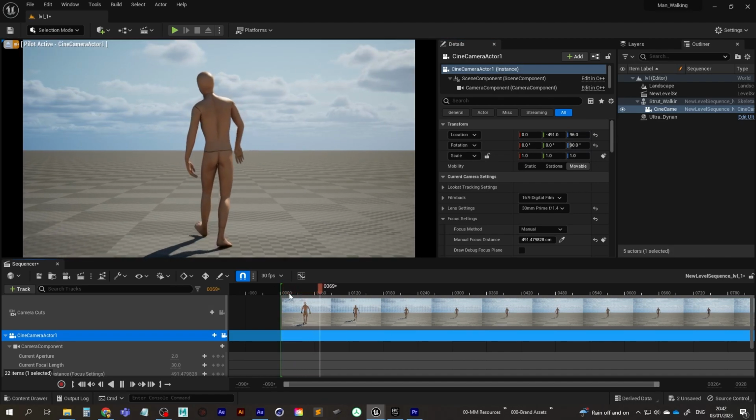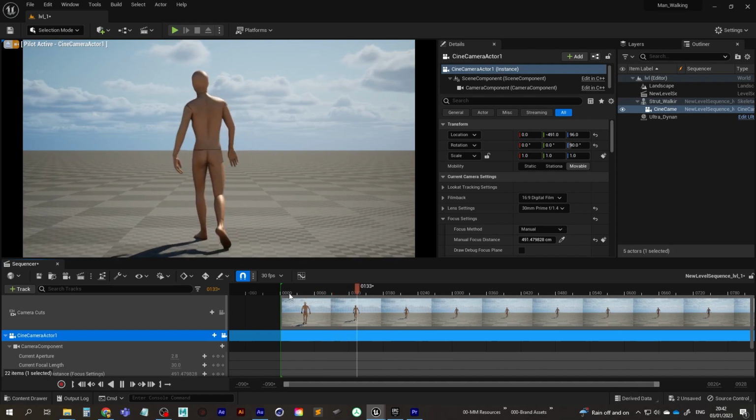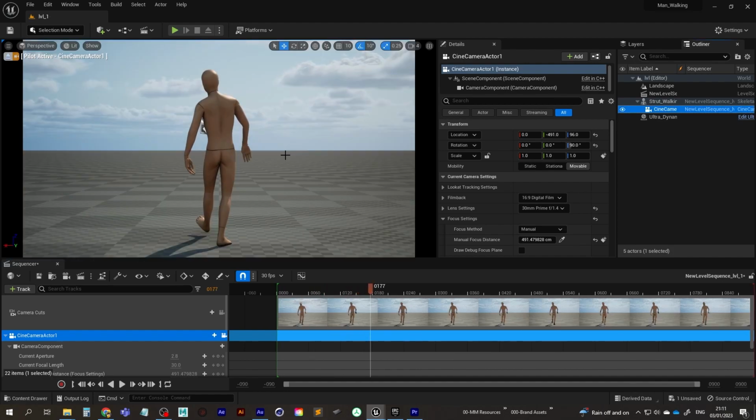And now you can see that our camera is following along with our guy. Okay guys, so we can just set up the frame range now, the working frame. I don't know what it's called in Unreal actually, what's it called? View range end time. So the working range end, so that we're only going to be rendering out the number of frames that we need.